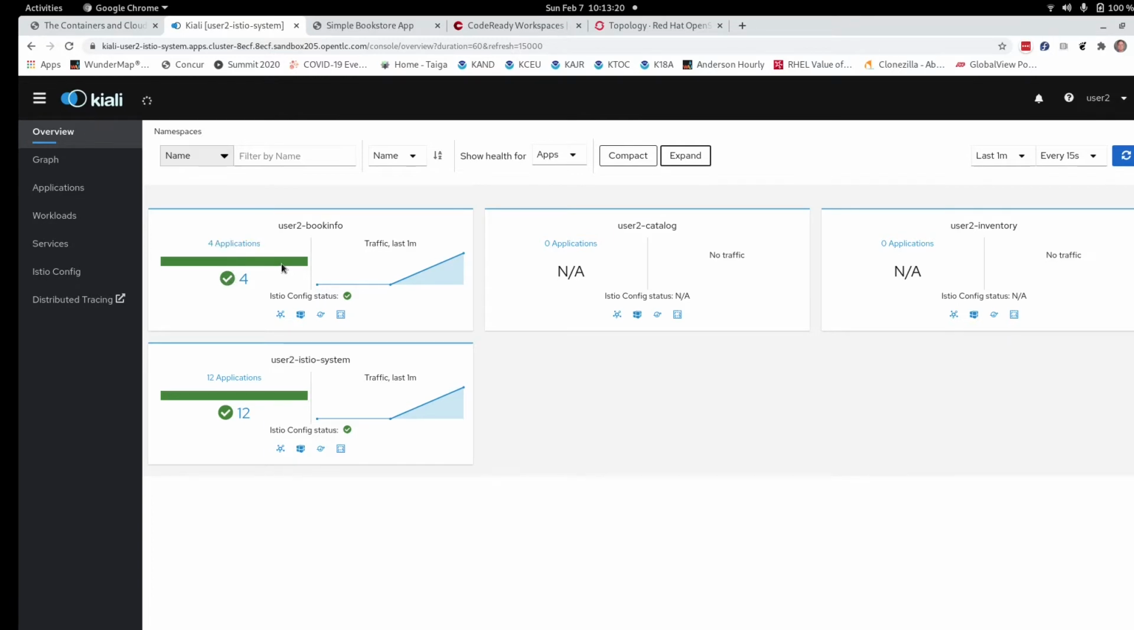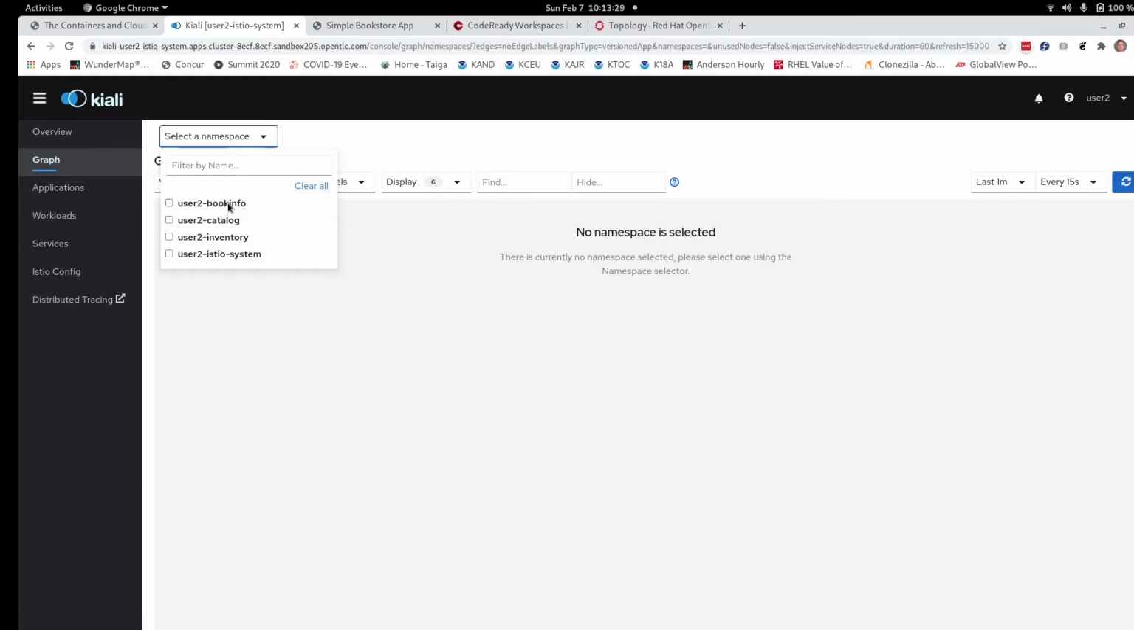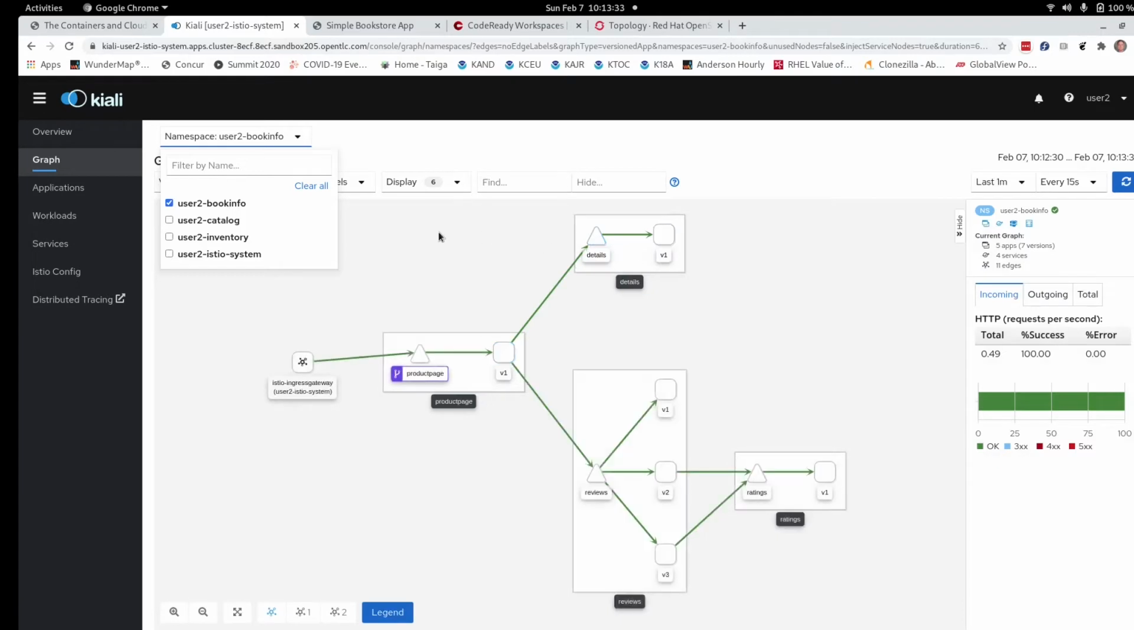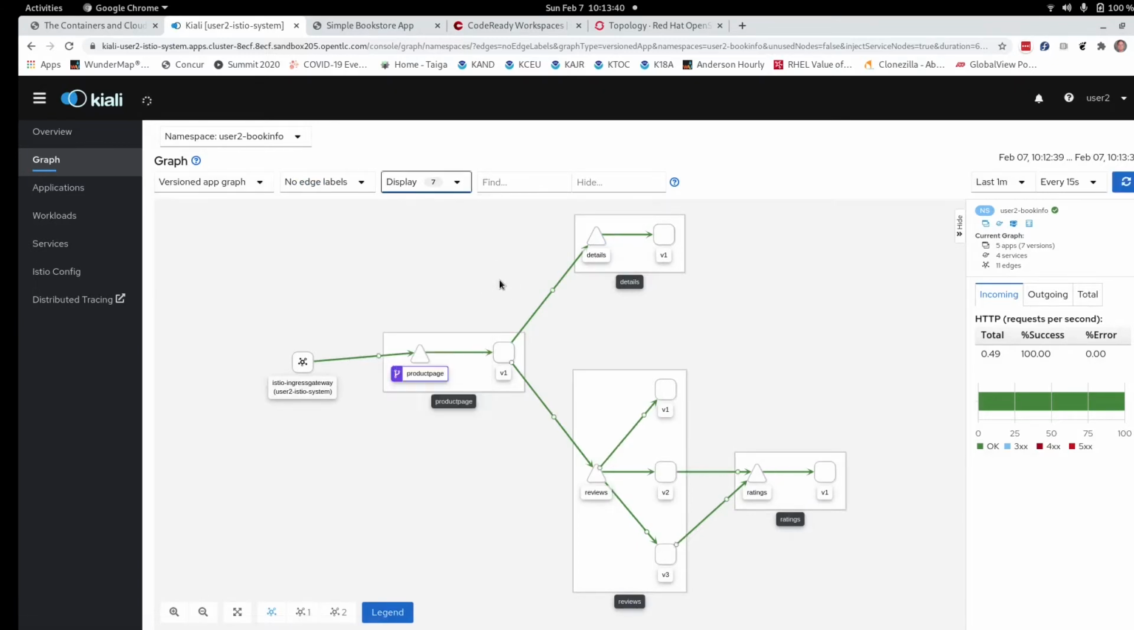But first thing I can do if I want is take a look using the graph, select my book info namespace, and there's traffic going on. I can click on traffic animation, and now I see here's how traffic comes in from the gateway, uses a virtual service, which is designated by the triangle. Here's our legend,